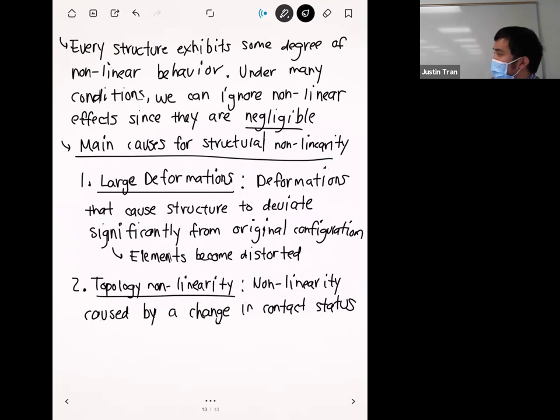Right. And so, remember for the last two activities, we've had assemblies of parts, and we've had to describe how those parts interact with each other. So we've mostly just been using bonded connections between parts, and that's fine. But what we'll discuss later is, what do all the other options mean and how do they introduce nonlinearities? Because what can happen sometimes is that when you have two parts that can slip past each other,